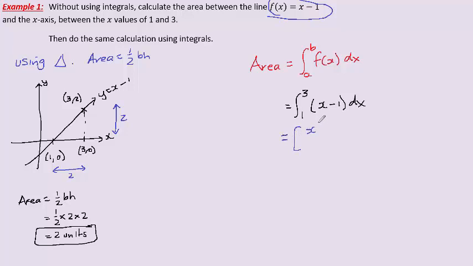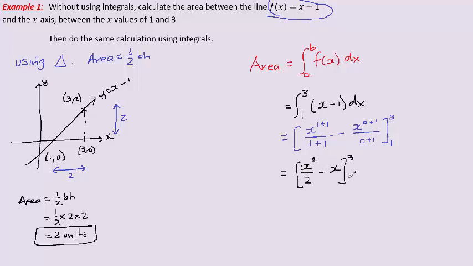It'll be x to the power of 1 plus 1 over the new power, minus, now 1 is x to the power of 0, so essentially x to the 0 plus 1 over 0 plus 1. We'd normally have a plus c, but that would cancel out. And because this is a definite integral, it's between 3 and 1. So it equals x squared over 2 minus x